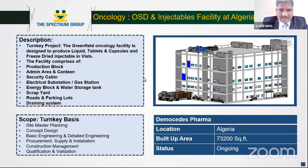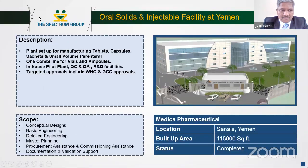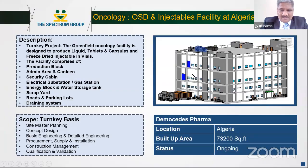Hello. Yeah, this is an oncology facility, a greenfield oncology facility. We did the facilities having a production block, admin, canteen, security block, etc. This is at Algeria. Approximate building area is 70,200 square feet. Ongoing facility. Then we did